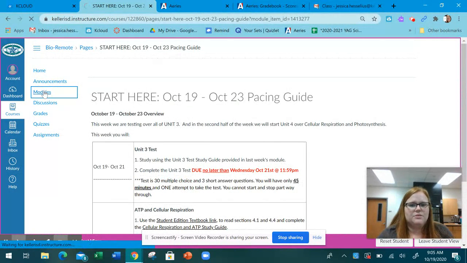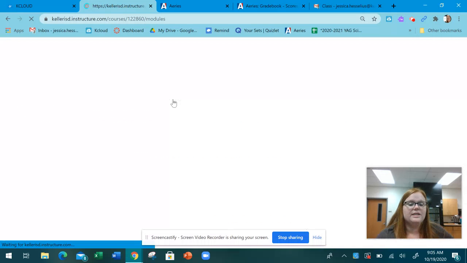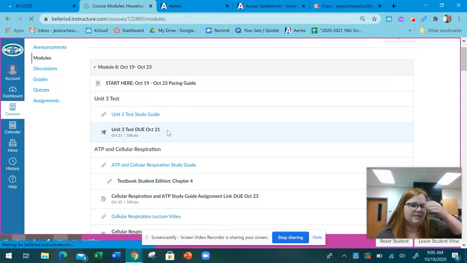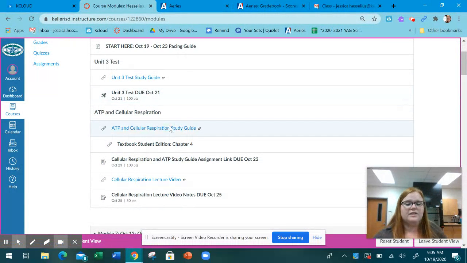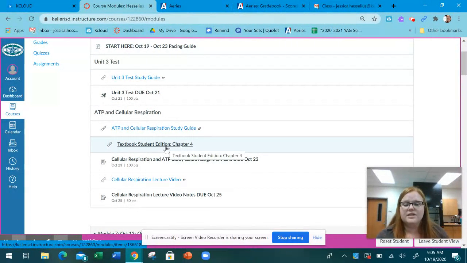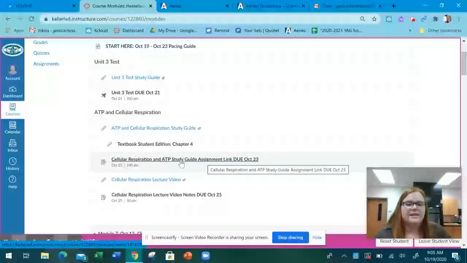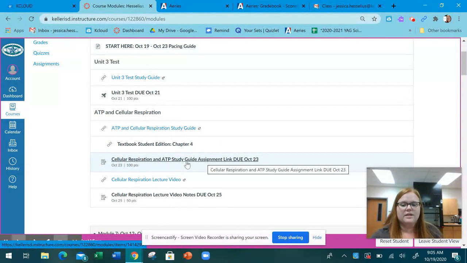So let's go back to modules real quick. Every week starts with a pacing guide, and then below it is the module. So here's the test, and then here's the link to the Google Docs study guide. Here's the link to the textbook chapter. And if when you open this, it doesn't take you to the textbook, let me know ASAP so I can fix that. Here's the link to the assignment where you submit your Google share link from